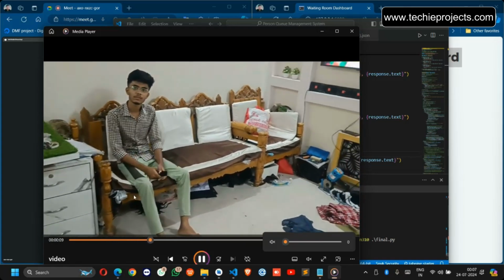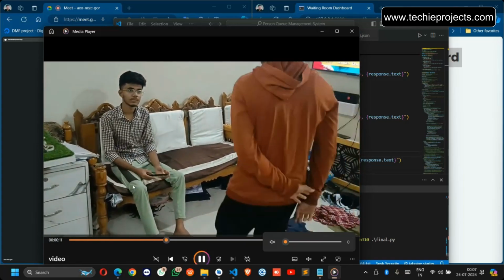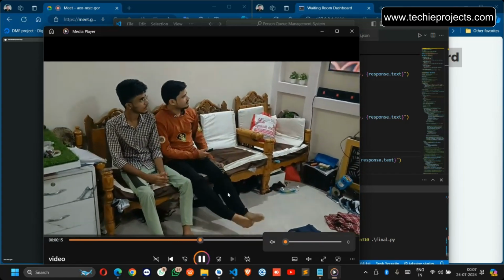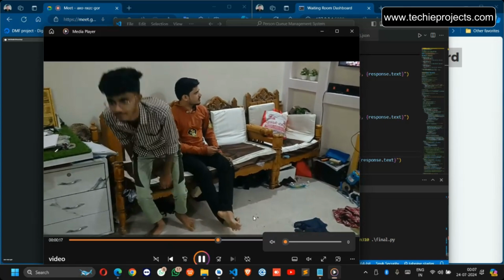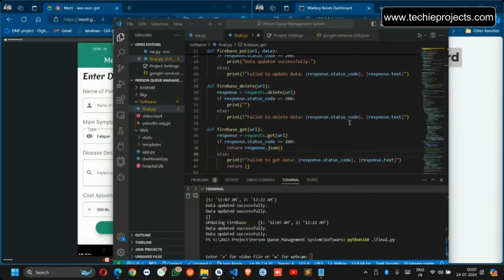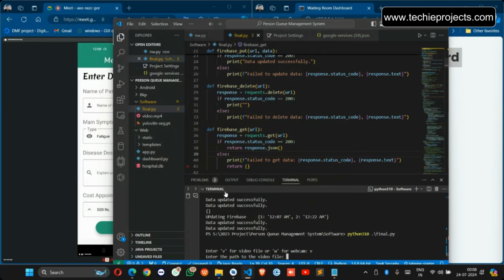So suppose this is the person who is first sitting on the chair, then the second person got sitting. Okay, and then after that the third person will come. Okay, so this is the kind of demonstration video you can use. Okay, so then for providing the video, you just need to type V, okay, and here you need to pass